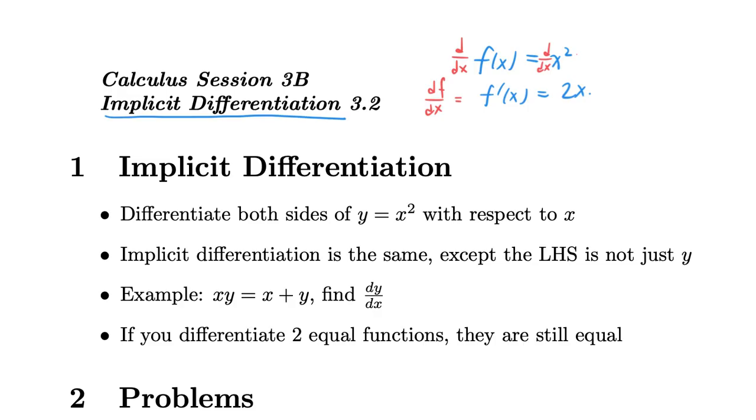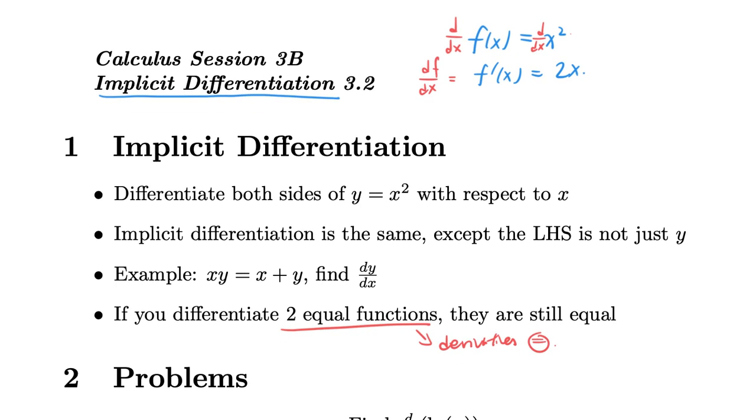So implicit differentiation is based on the idea that if you have two equal functions, their derivatives are still equal. That is the key idea of implicit differentiation. You differentiate both sides. And the reason why this is called implicit is because in this previous case where we